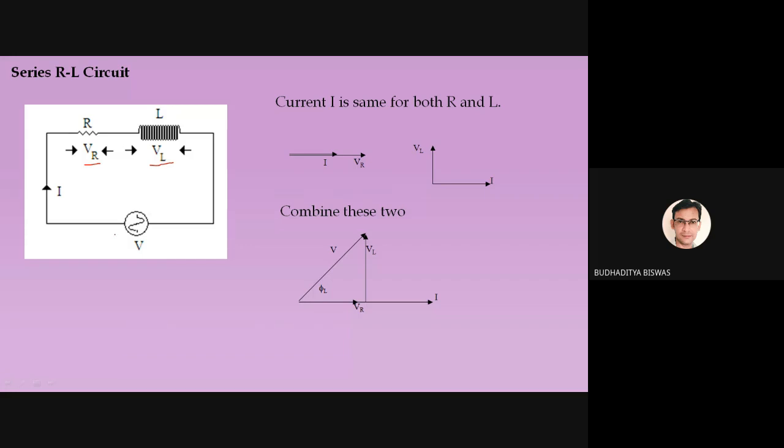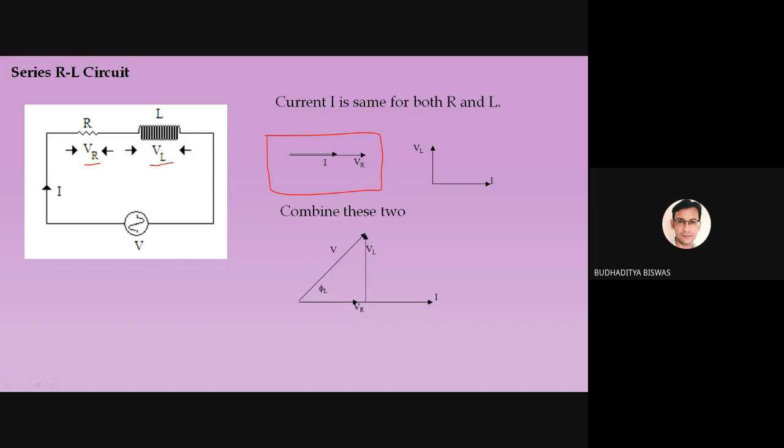So we don't need to do any calculation for this one, if you are able to remember the phasor diagram across the voltage and current in resistance and inductance. So this is the phasor diagram across the voltage and current. Here you see the current and voltage are in the same phase, because in case of pure resistance the phase difference is 0. The current magnitude is less than the voltage magnitude because the current is V by R, so it is divided by R. So the current is actually the voltage across the resistance, VR, by R.